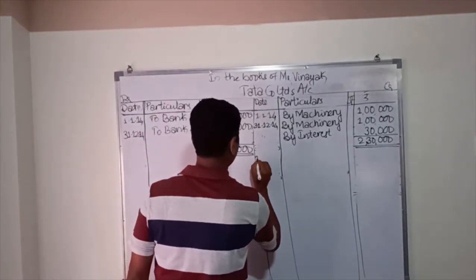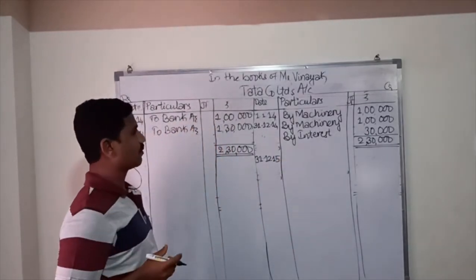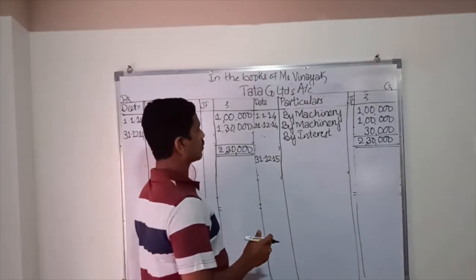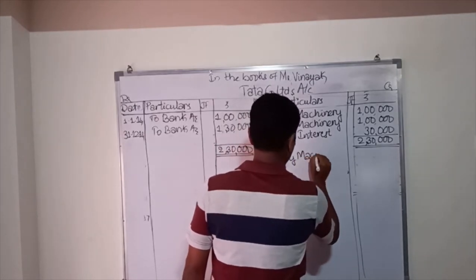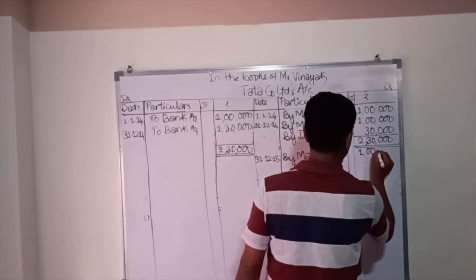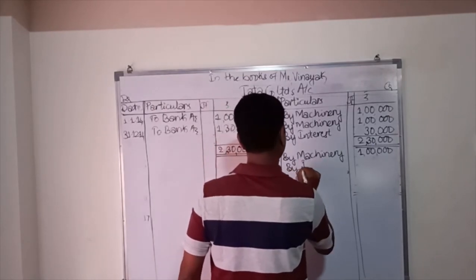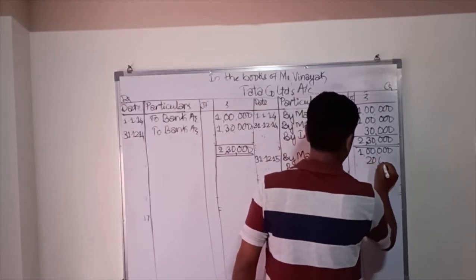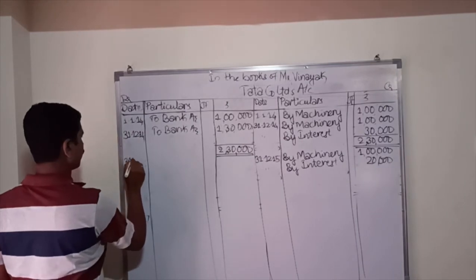So the second installment is due for payment on 31st 12 2015. Then the entry will be again the same journal entry, machinery account debit, interest account debit to Tata Limited. So Tata Limited is credited by machinery. So we have calculated in the hire purchase chart the principal sum for the second year is 1,00,000. On the same day interest, so by interest it is 20,000.